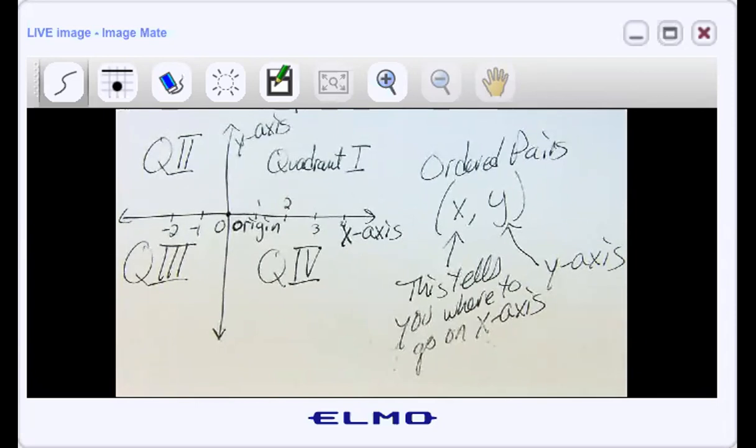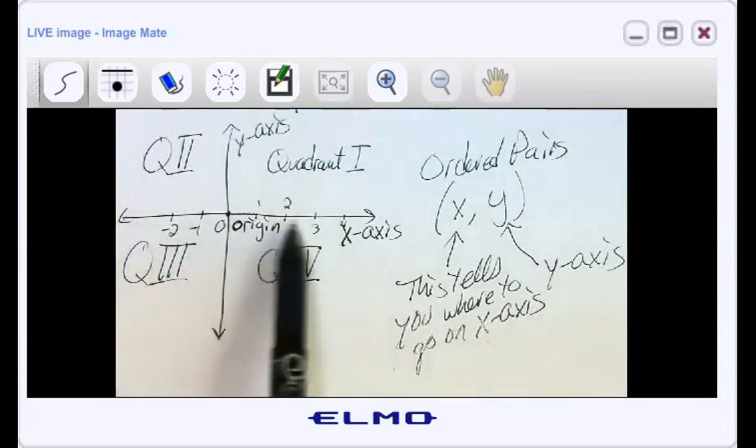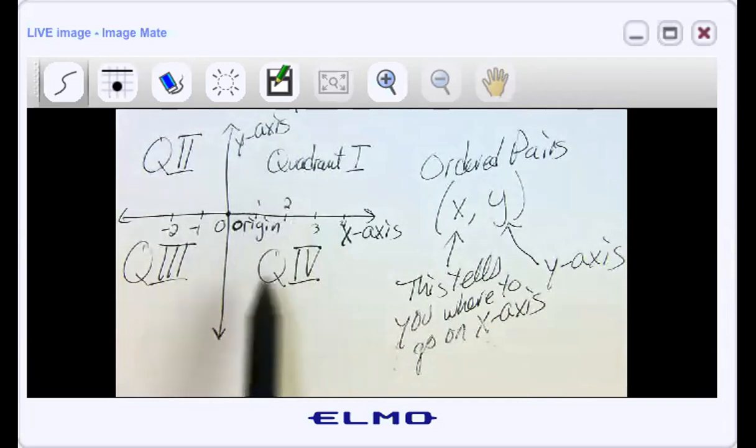I know some of you are like, oh my gosh, I can't believe she's teaching us this again. But you'd be surprised how many kids actually have it in their brains backwards. And they're doing the Y's first and then the X's. And I don't want you doing that. You're going to mess everything up for yourself. So it is worth taking a few minutes to just make sure that we're all on the same page. You have to go left or right first, and then you go up or down, depending on what your numbers are, right? Okay, so I am going to,